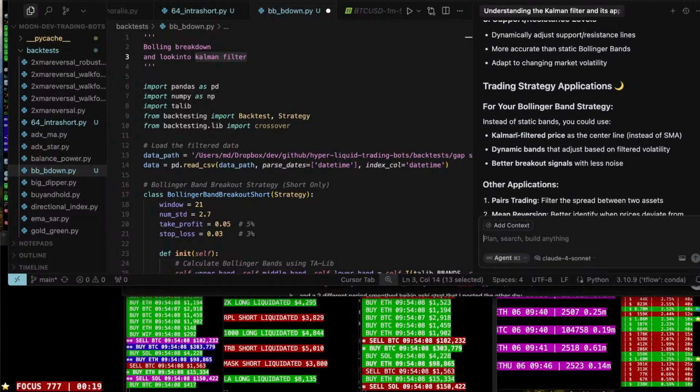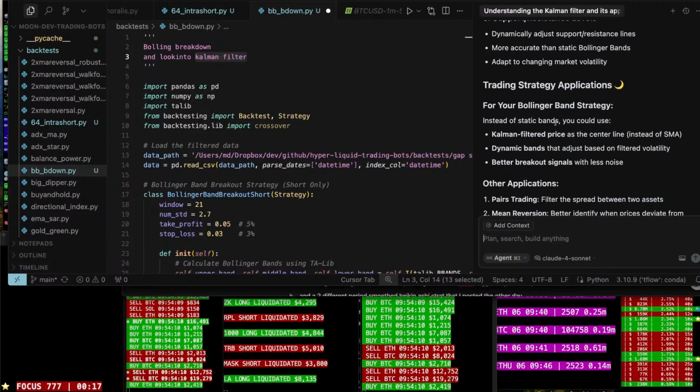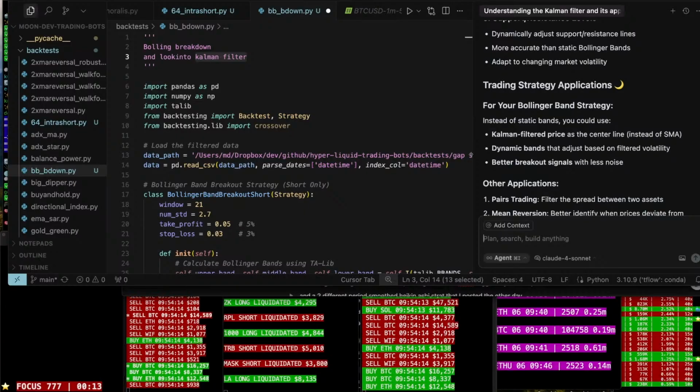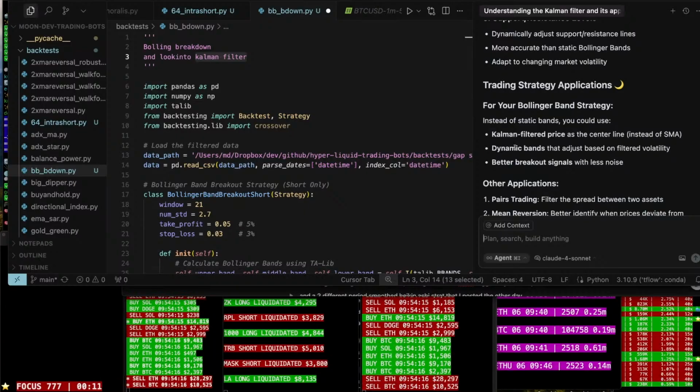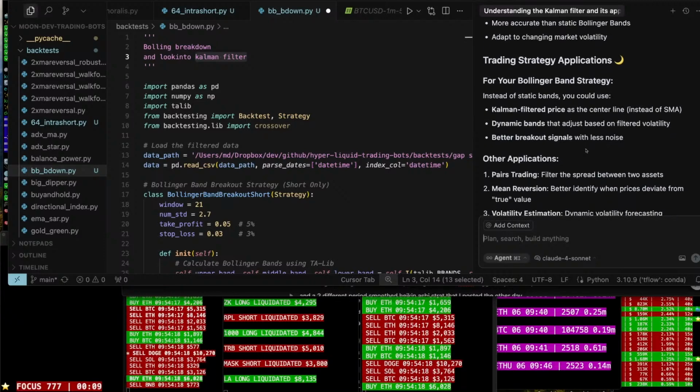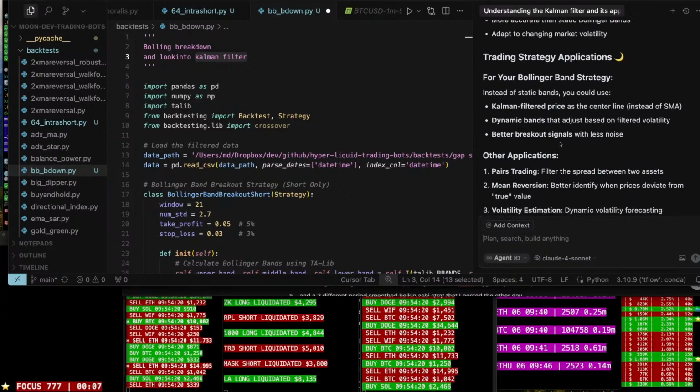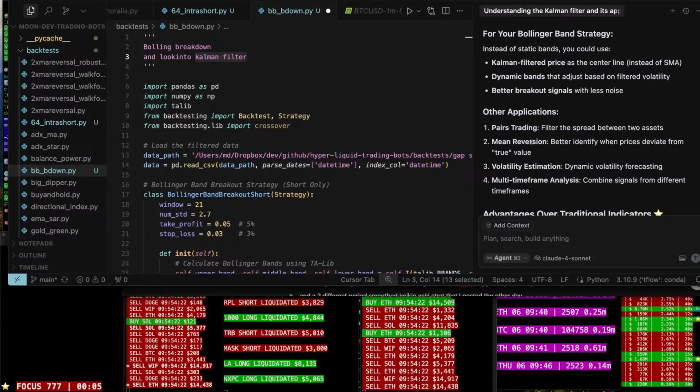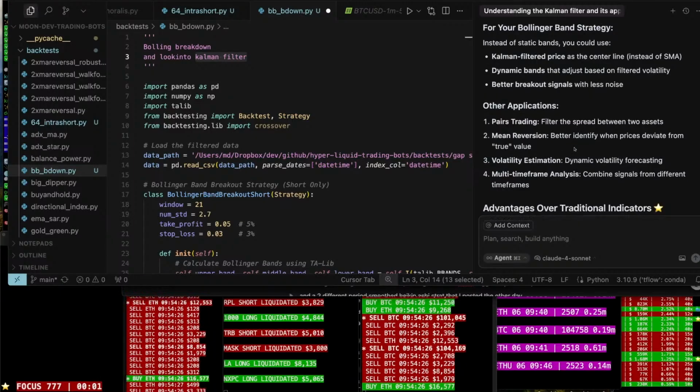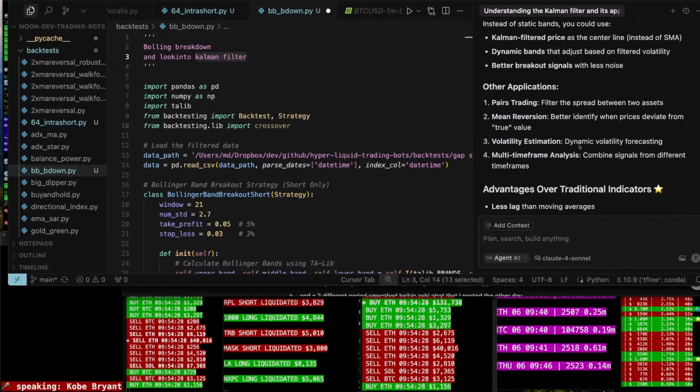For your Bollinger Band strategy, instead of static bands, you could use the Kalman filtered price as the center line instead of the SMA. Dynamic bands that adjust based on filtered volatility. Breakout signals with less noise. Other applications: pairs trading, filtering the spread between two assets, and mean reversion, to better identify when prices